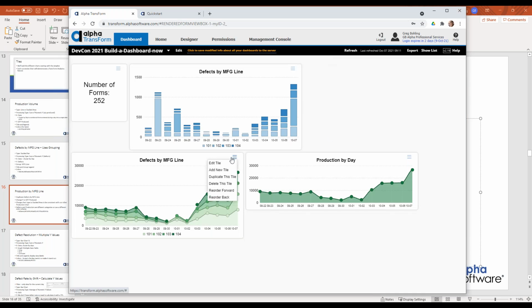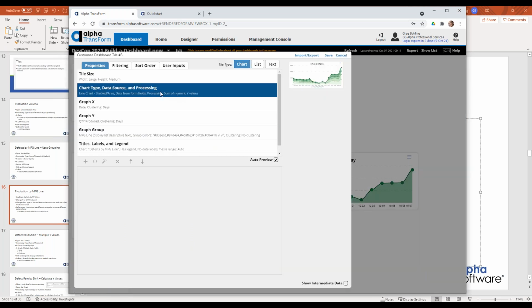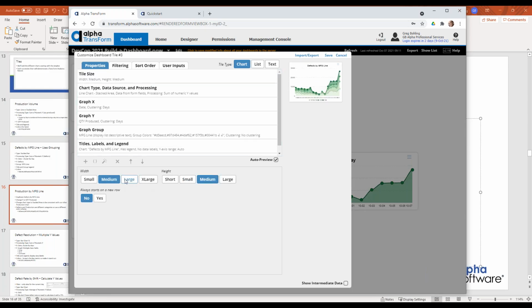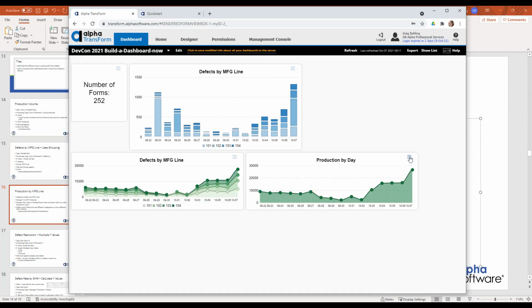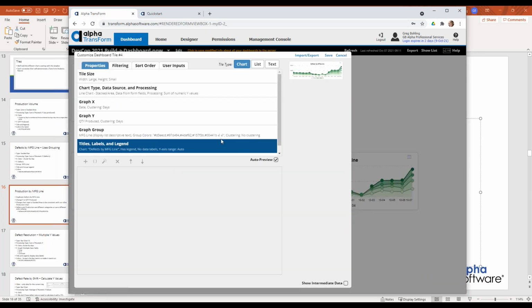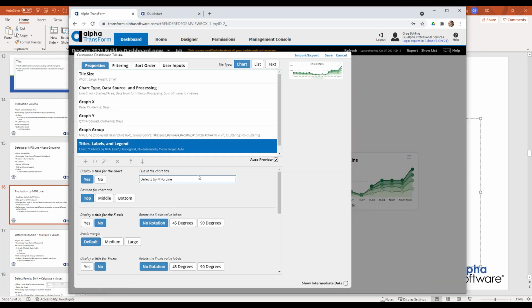Maybe I want to make these the same size. Make it not as, whoops. Make it shorter. Maybe I want to show it the other way around. All right, so there's some kind of consistency here. Oh, and then I got to edit my title, right? So this is not defects by manufacturing line anymore. This is production by manufacturing